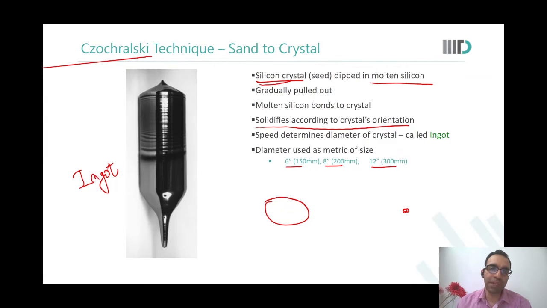Once the ingots are made, do you see that this ingot has a lot of these contours on its surface? Are you able to see this? Yes. So what this means is that this ingot cannot be used directly to make wafers, because then some wafers will be 12-inch wide or 12-inch diameter, some would be 12.1, others would be 12.2, and so on.